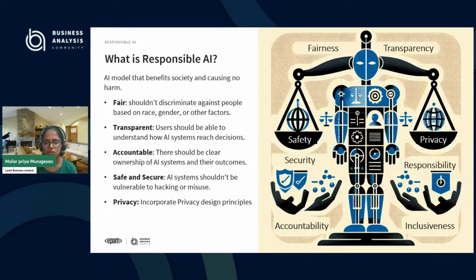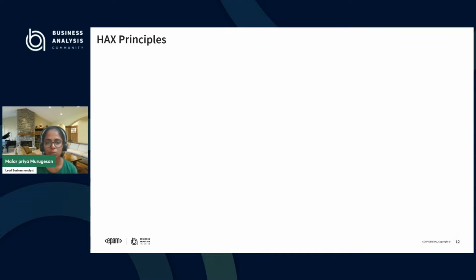Right. So, these are the basic things that you need to consider whenever you are developing an AI model, be it an ML model or any kind of model that you are developing, even if you are doing some LLM projects. So, make sure that your AI feature has all this. So how can we evaluate whether this ML model has all this or not? So that's why we have some tools available.